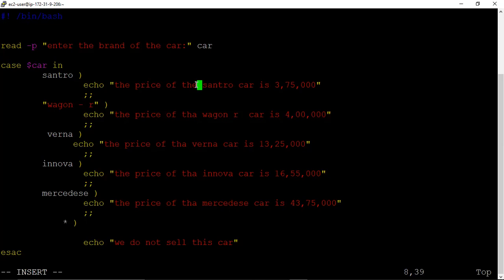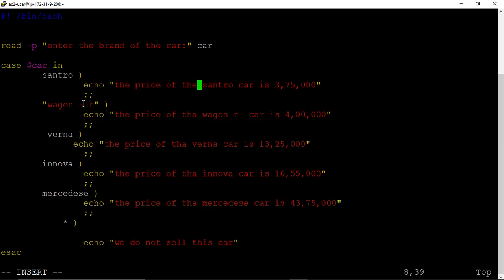Now next I have written Wagon R. Now friends, please focus on this. I have written variable Wagon followed by space, followed by minus sign, followed by space, again R. So when there is a variable separated by space, you have to write it in double quote.